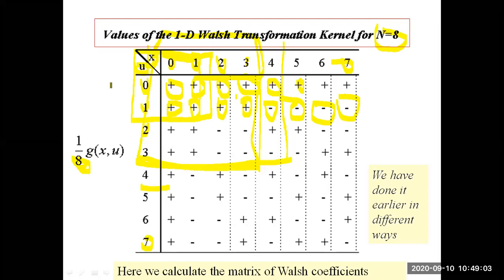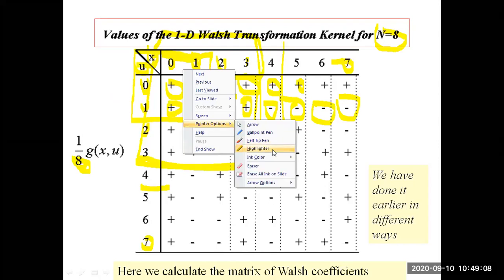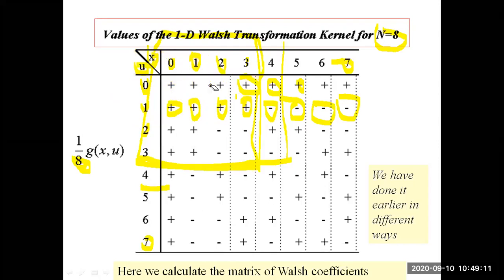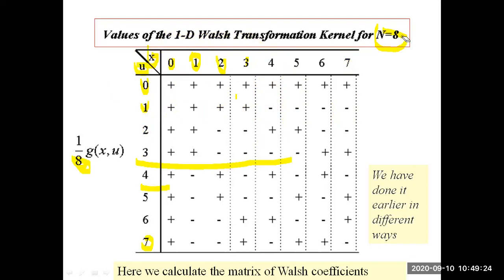So as per your requirement, your capital N value will change. If N is changed, the size of the matrix also changes. Based on our N values, we can calculate all these matrix values. Generally, most probably we use 8 by 8 or 4 by 4 images, so that's why we have formed it like this.